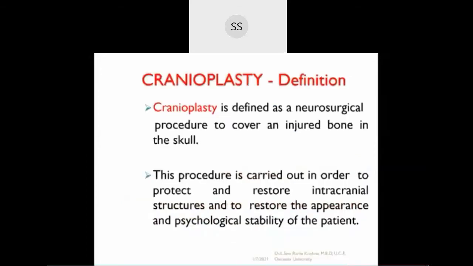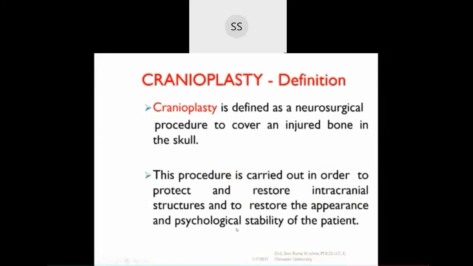So you can see cranioplasty is defined as a neurosurgical procedure to cover an injured bone in the skull. Cranioplasty is nothing but the skull. If you have some injury, in that injured portion you have to put an implant. This procedure is carried out in order to protect and restore intracranial structures and to restore the appearance and psychological